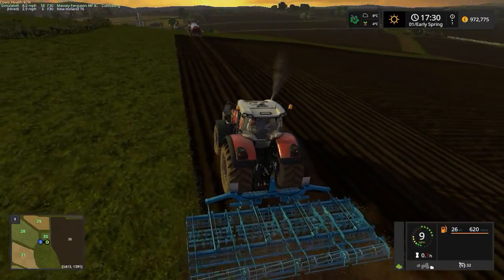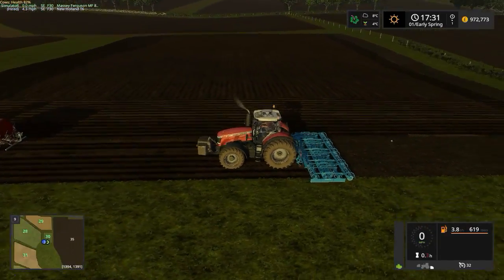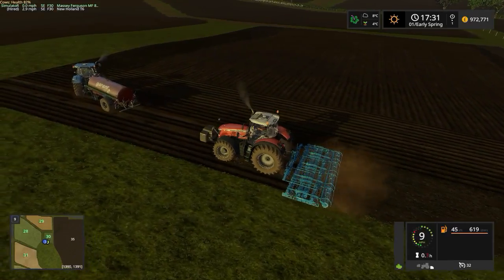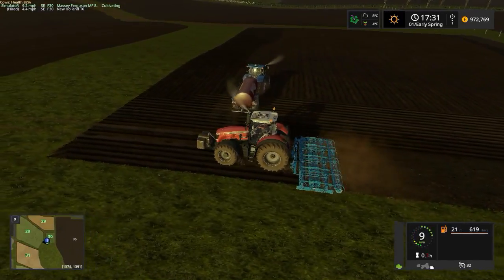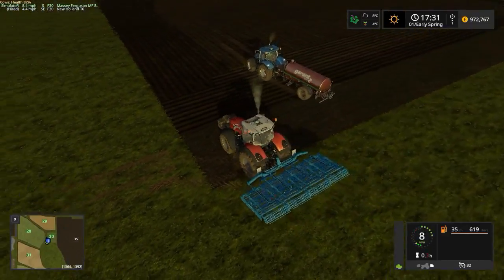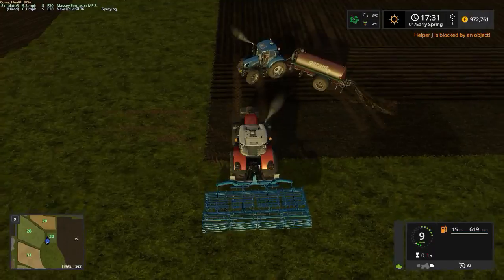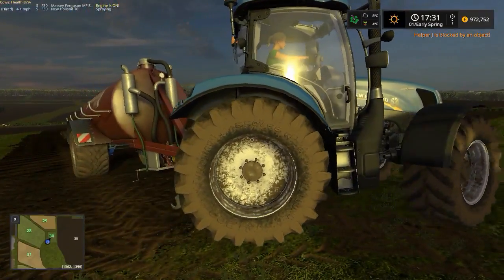So this is one of the many Lemken packs you can get from the mod hub. The field is actually a bit bigger than I thought it was. Not a very big field still, but bigger than I thought it was. How far back are you going? Yeah, certainly bigger than I remembered it being. Still not huge though, is it? Okay, you're what? Right, I can't go anywhere else, so you're just gonna go around and...